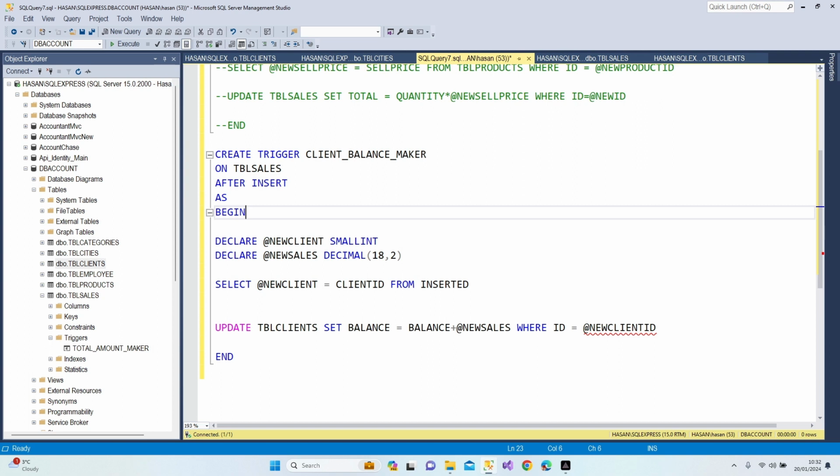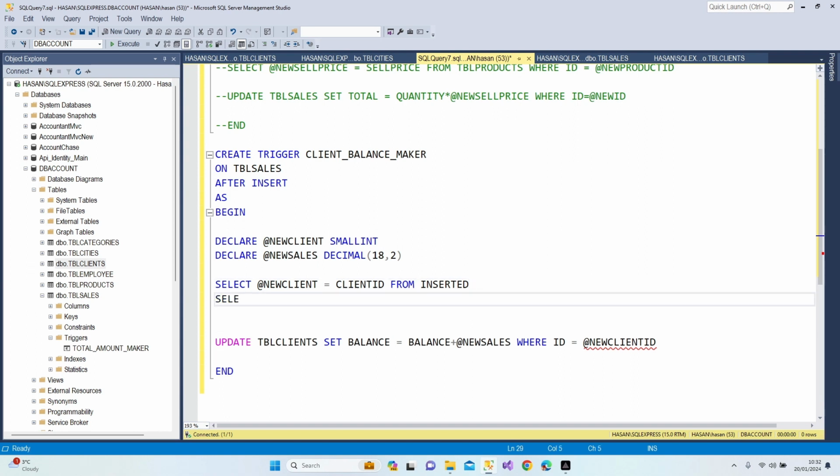Now all I need is to find our variables. Our new client comes from inserted data, which is inserted on TBL sales client ID. All right, we catch our new client. Now we need to find out the sale amount. Okay, select @new_sales must be the total amount from